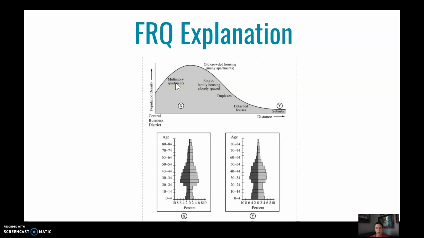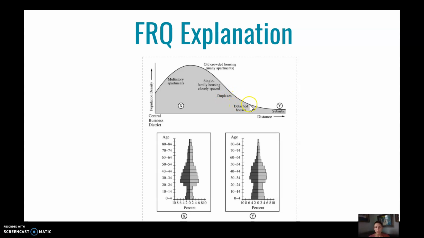So we've talked about how the CBD is full of multifamily homes, mostly apartment buildings. And then we move a little further, old crowded housing, mini apartments. So if you'll think about some of the urban models we've looked at, the housing's not so great as you get closer to the CBD. Single family housing, closely spaced, so some of that working class single family homes, small homes, not the greatest, but single family homes. Then you get some fancier duplexes and condo buildings,